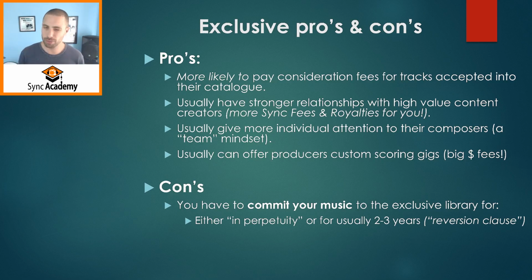And a lot of times what they'll say is if we don't get any placements for your music in that 36 months, 3 years, you can then send a request. You can't just instantly assume this. You have to send them a request. It's usually a 30-day notice. You'll tell them, hey, 36 months have gone by. I haven't gotten any placements from any of those tracks. I would like to take them out, and then you can basically go find another outlet for them,